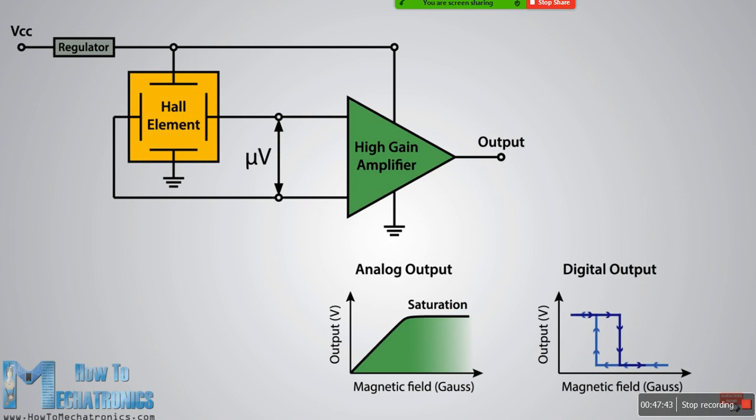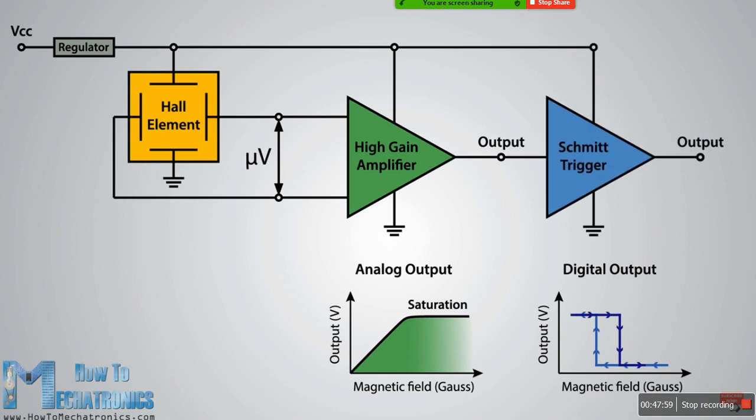These types of sensors are suitable and used for measuring proximity because of their continuous linear output. On the other hand, the digital output sensor provides just two output states, either on or off. These types of sensors have an additional element, as illustrated in the circuit schematic. That's the Schmitt trigger, which provides hysteresis or two different threshold levels, so the output is either high or low.